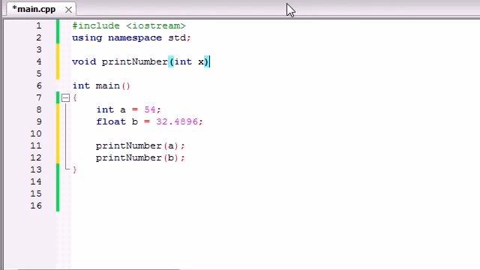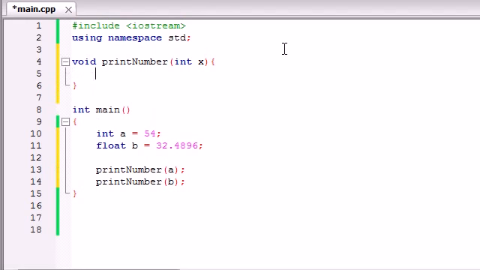Well, we do this through the use of something called function overloading. And function overloading is the idea that in C++ you can build more than one function with the same name. In this case, we're going to be building two functions called print number that take different types of data depending on what you pass in. For example, we're going to build a print number right here that takes an integer value, and just go ahead and cout "I am printing an integer", and then print out the integer x,